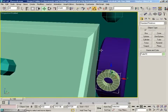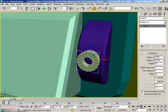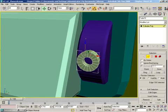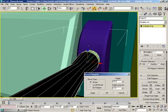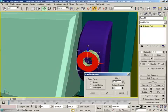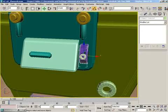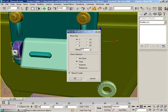Alright, now let's grab edges, and on this guy, oh, we can't grab edges until we make an editable poly, then we can grab edges. And we can ring these, we can convert these over to faces, we can do a little bit of a bevel, and that's not a little bit of a bevel, this is a lot of a bit of a bevel. And there we go. Get out of there, grab these two guys together, center on world, do a mirror,